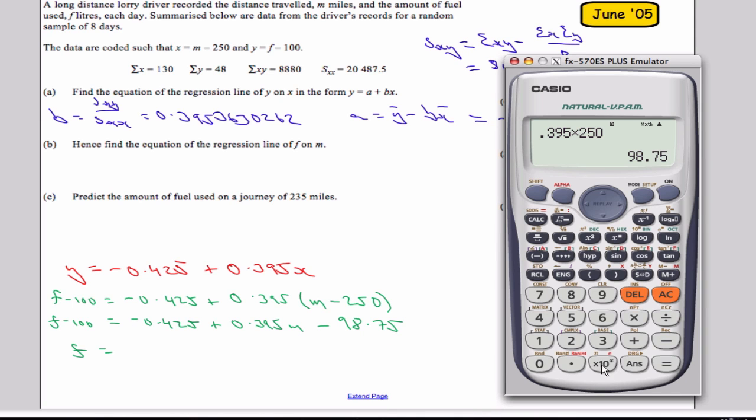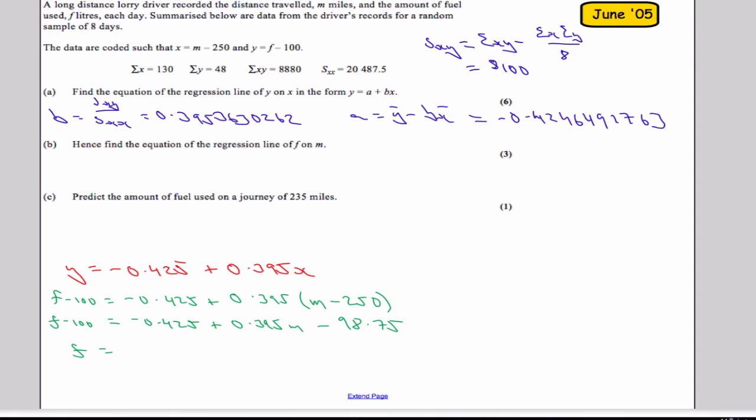I'm going to subtract, beg your pardon, let's change that. So minus 98.75, which is this part. I'm going to subtract 0.425, which gives me that, and then I'm going to add 100 onto it because we're adding 100 to both sides. Adding 100 on, we get 0.825 plus